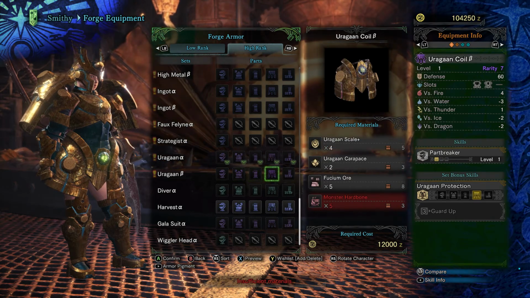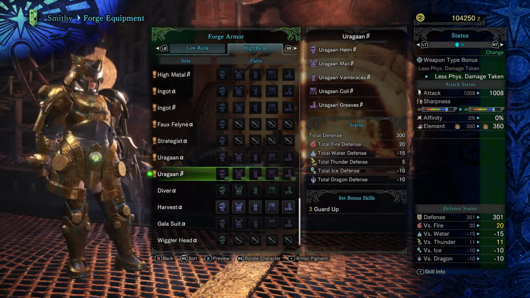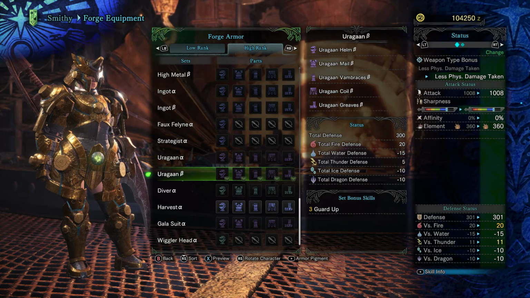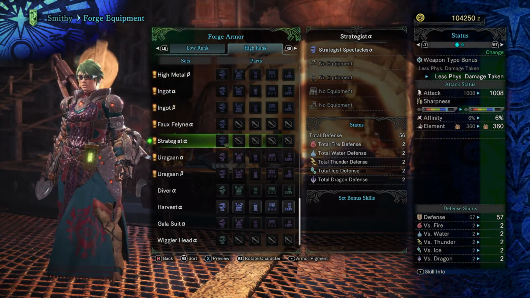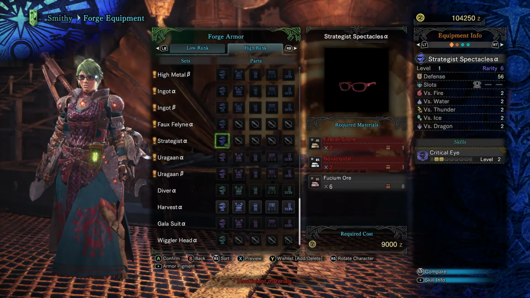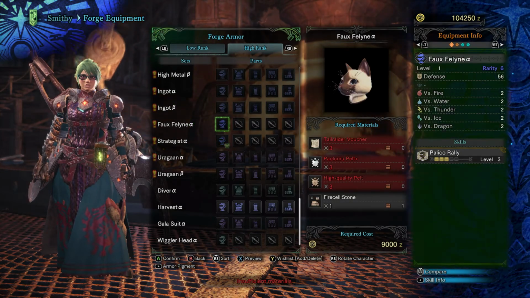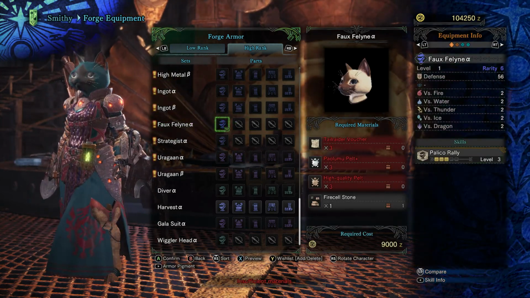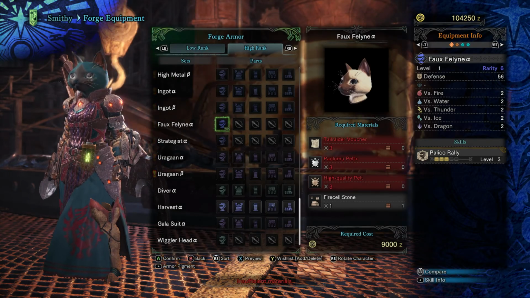The beta set has more pared down set of skills and looks like this. A little bit more toned down armor set. Still kind of bulky and mineral-like. We can look at these other sets too. The Strategist is just a headpiece and it's a pair of glasses. And it has critical eye, which ups affinity, 2 points in critical eye. The faux feline alpha headgear is exactly what it sounds like. It's a cat mask. It gives 3 points in Palico rally, which increases Palico attack and defense out in the